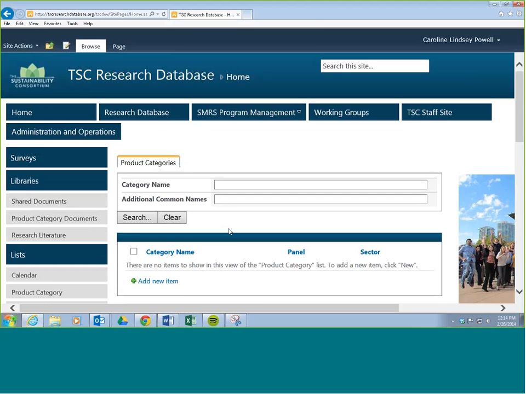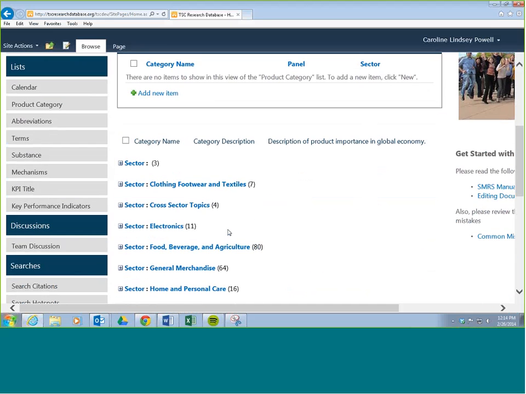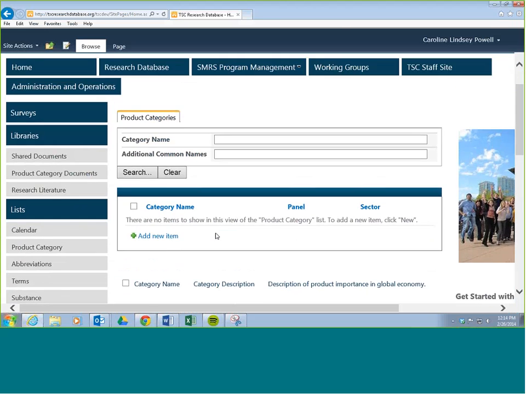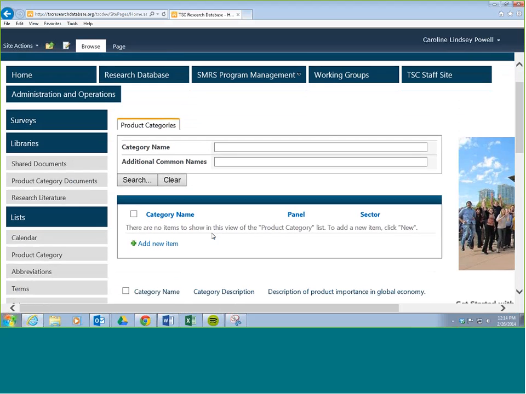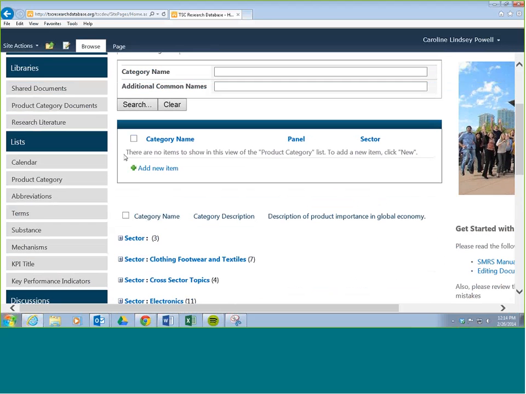Okay, so for example, I'm going to show you how to combine hotspots in the non-dairy product category. And before you combine hotspots, there's certain pieces of information that need to all be the same before you can combine them. So first of all, I'm going to show you how to create a view to check that those